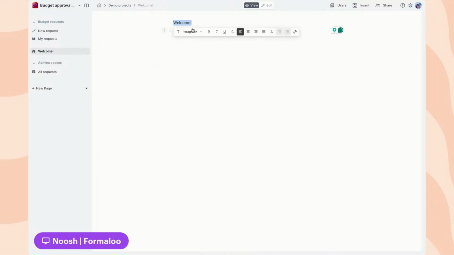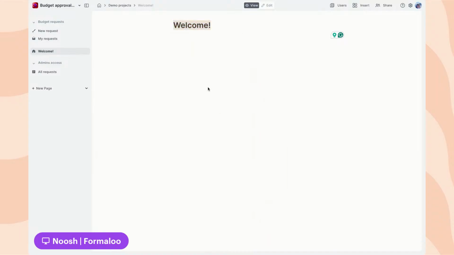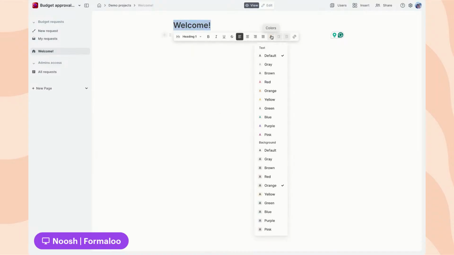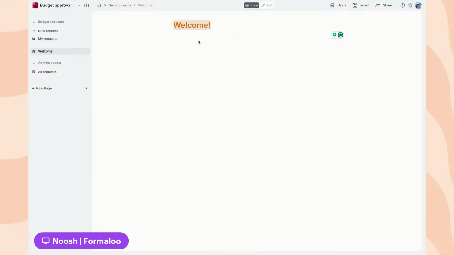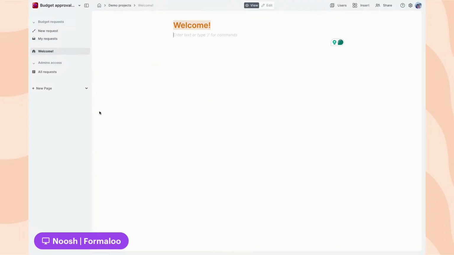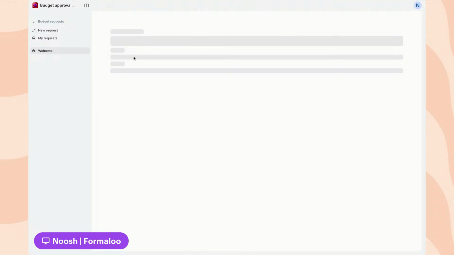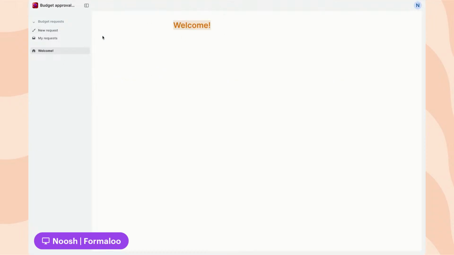So you can just change the font, make the color, like let's make it orange, highlight it, and yeah, so you can add your logo, add pictures, videos, anything you want here. And let me show you a preview of how it looks in the portal. So if I refresh this page, you see here that I have a welcome page,